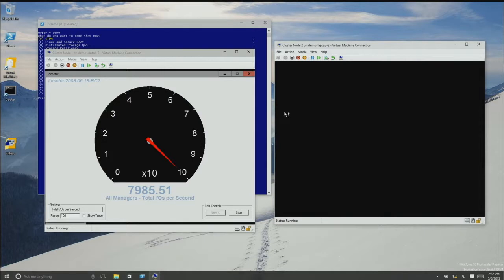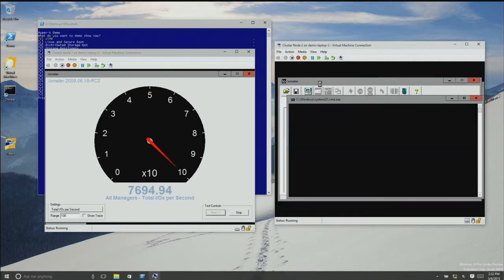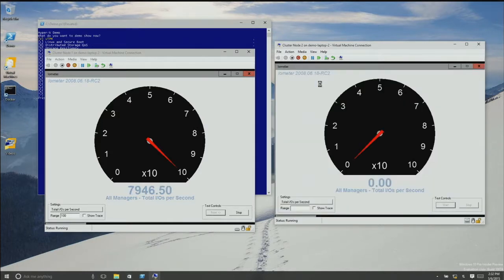So I've got this first virtual machine going. It's using all the bandwidth that it can. But now I'm going to go to the second virtual machine. I'm going to do the same thing. Now these virtual machines are configured to use virtual hard drives that are sitting on the same scale-out file server on the back end. And what you're going to see is that as the workload comes up, they're going to start